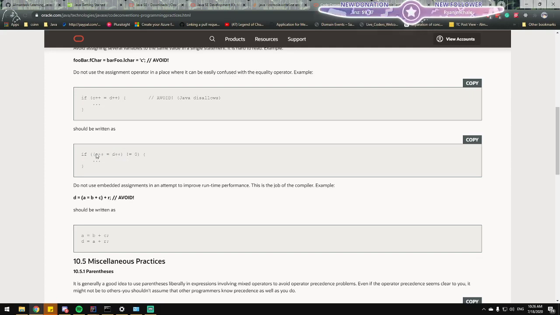I guess it means that at the moment if D is 8 and C is 5, I guess C will become 5 as well.